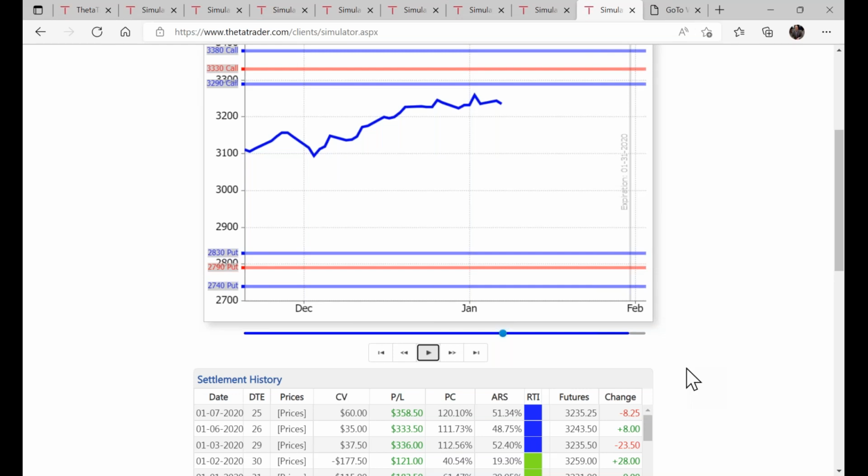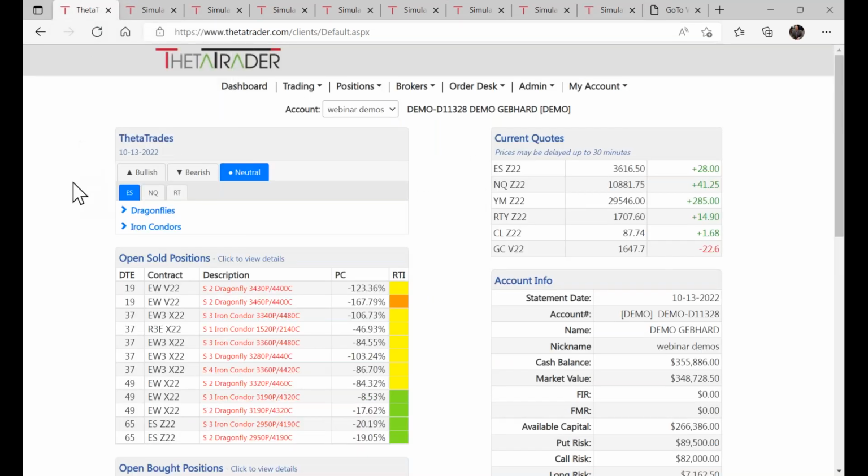But compared to the condor, there are many times where the dragonfly will allow you to get out either earlier or will allow you to get out with a win, and the condor won't. But you have to give up a little bit of profit potential for that. So that's just how it works with trading. And